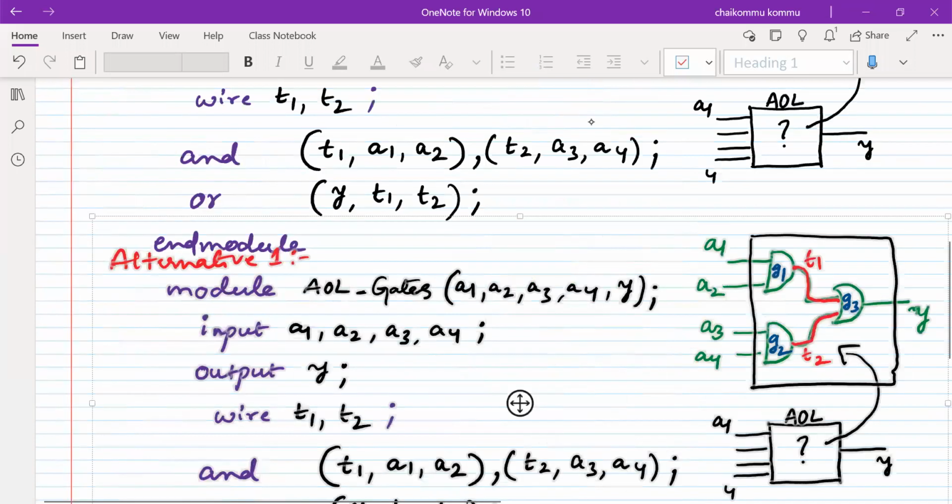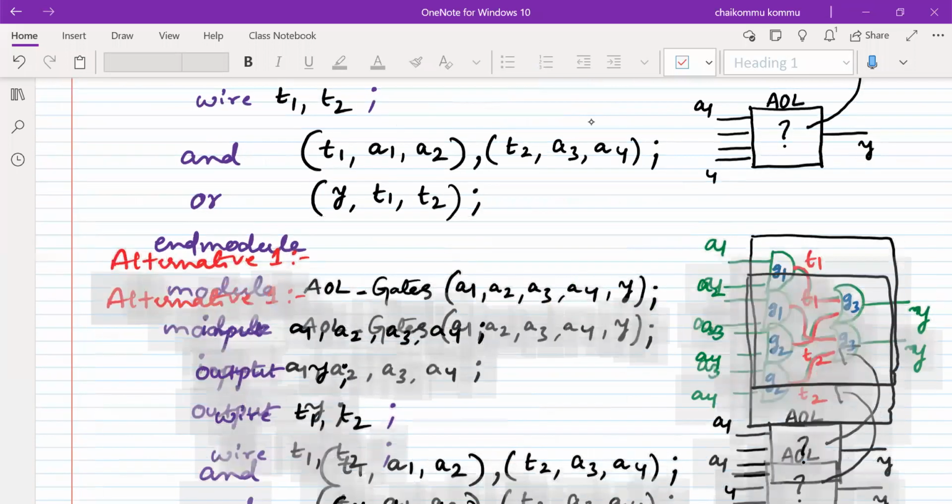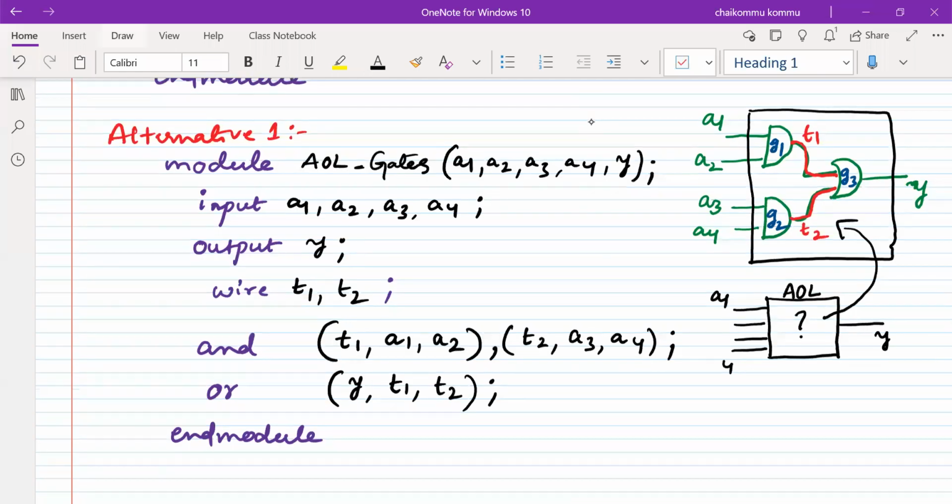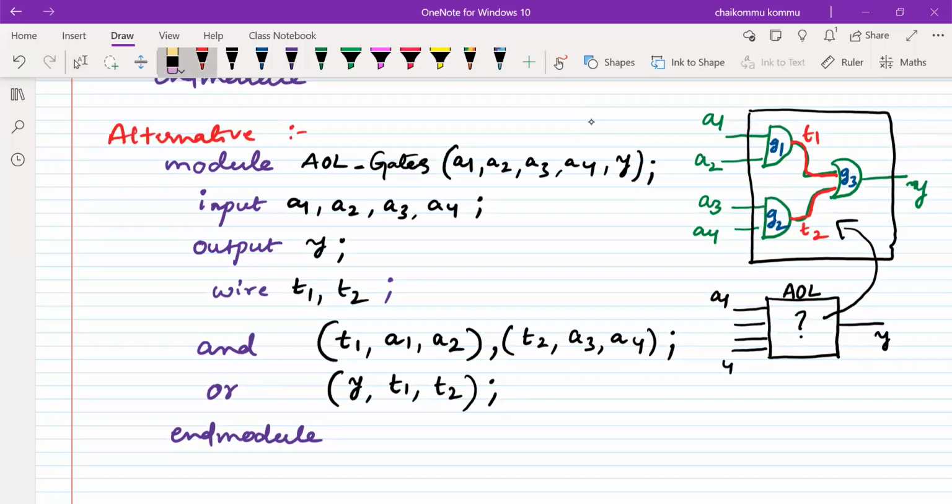This is called alternative number 2. I'm going to write that name. Alternative number 2. Here I'm going to use vector notation.